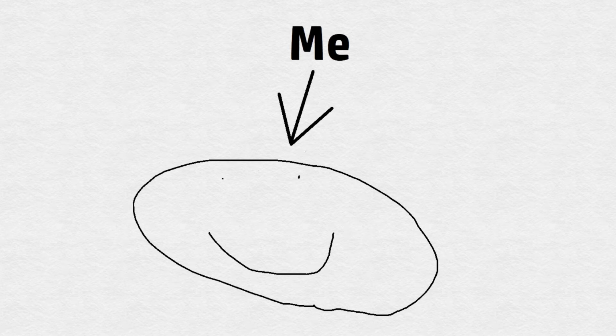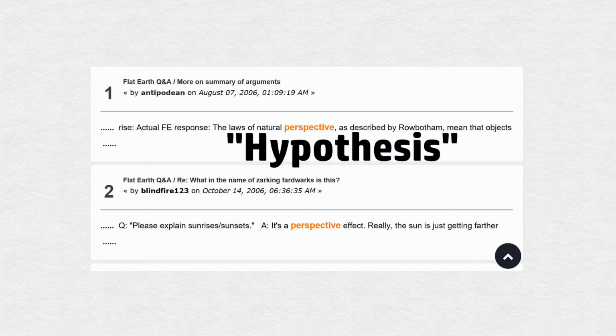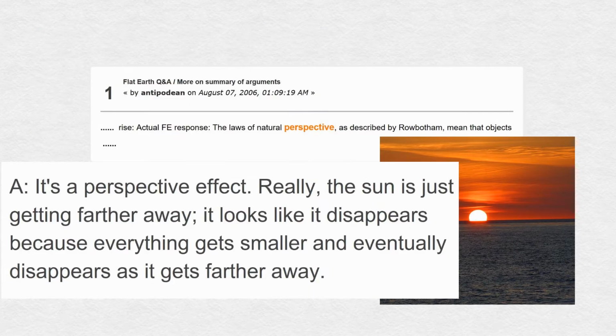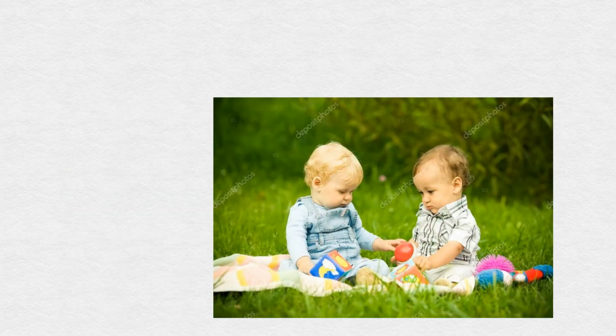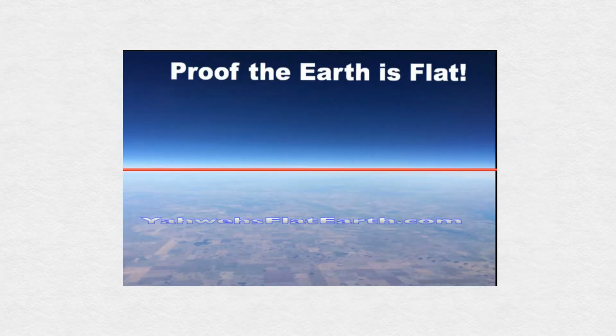If I were to make a list of flat earthers' favorite words, perspective would be top of the list. Whenever their hypothesis encounters a problem, they'll just chalk it up to perspective and call it a day. However, they love to use the fact that you can't see the Earth's curve from the ocean or from an airplane as a gotcha, when in reality it's all because of perspective. Today I'll be unraveling the flat earthers' common perspective arguments, as well as explaining real perspective which happens on a